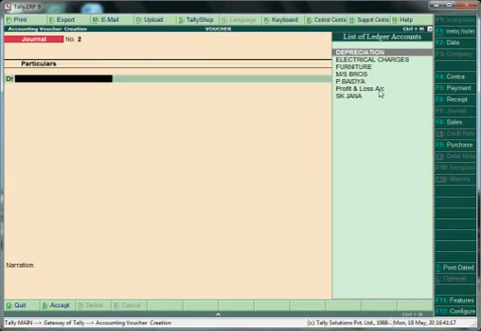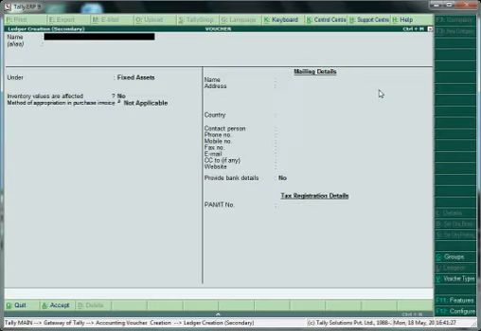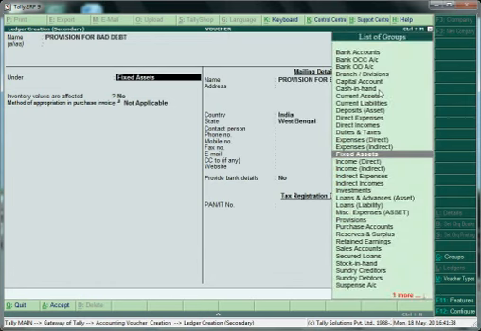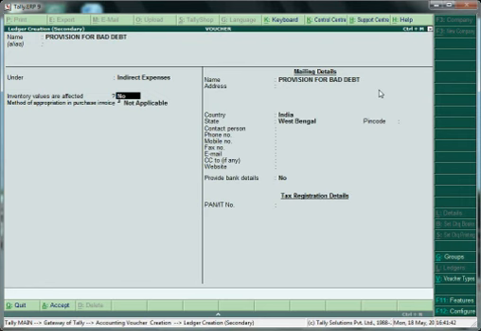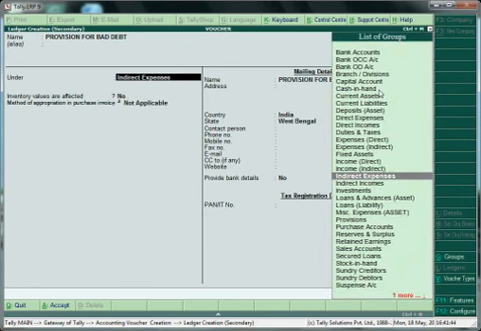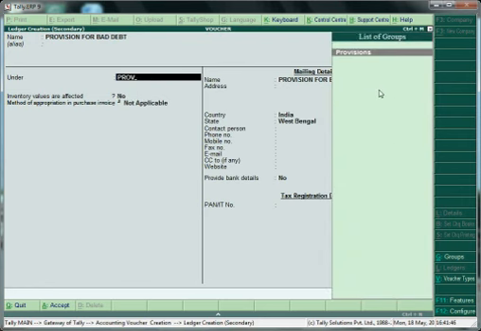Now suppose we have to make some provision for bad debt. So we have to create provision for bad debt ledger, Alt+C, then provision for bad debt, which is under indirect expenses, and it's provisions.